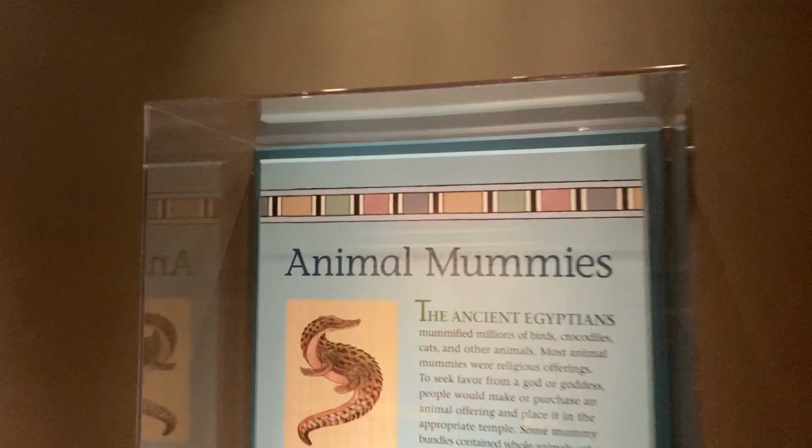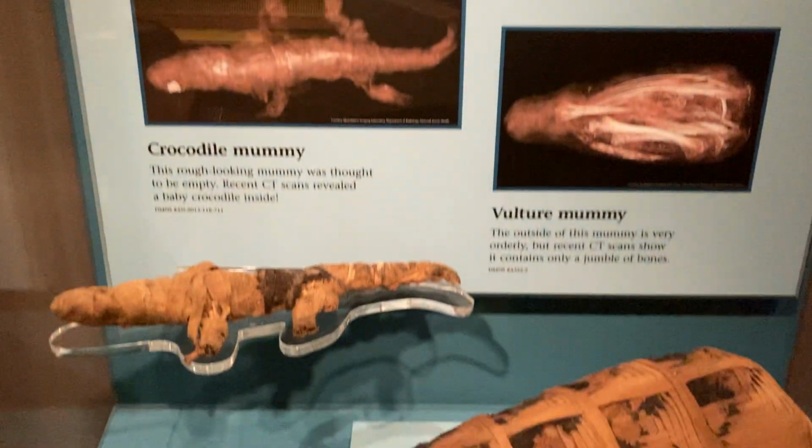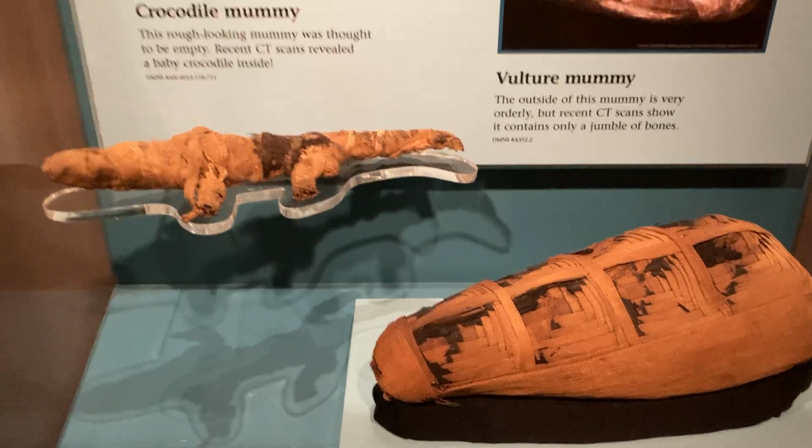500 years separated the lives of 2 women who lived in ancient Egypt. Long after their deaths, around 2,900 and 2,400